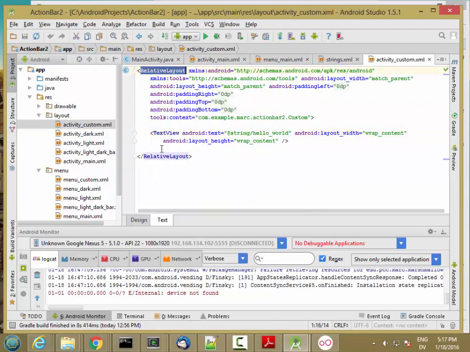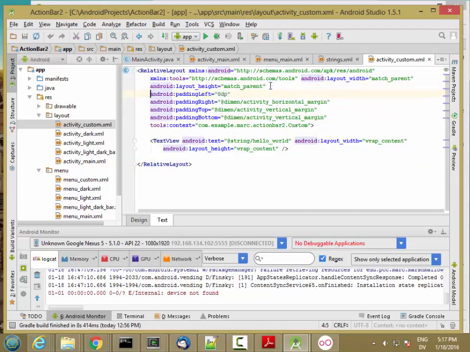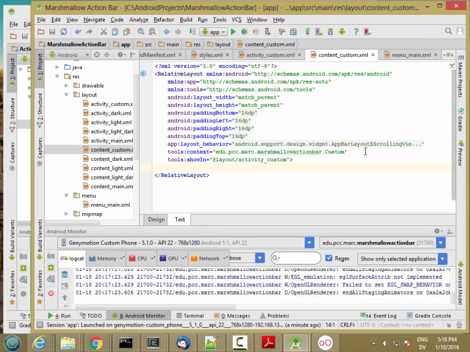And they're both relative layouts. And the old one specifies padding right, top, and bottom, and left. Let's go ahead and open that. So dimension based on activity horizontal margin and activity vertical margin. The new one has the same padding, layout width, layout height, but it also has this tools shown in Layout Activity Custom,